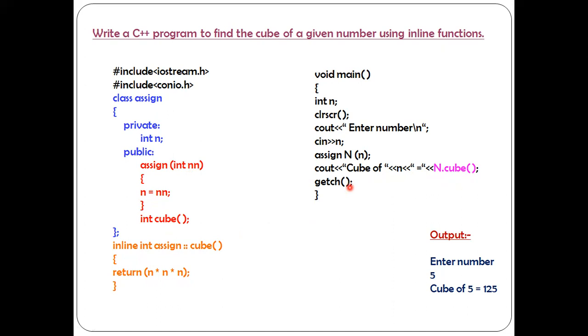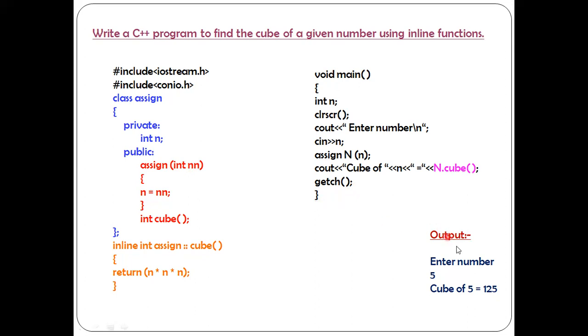After that, getch. You know the function of getch. Once you finish the whole program, you compile for errors. If there are no errors, we get the message success. Then you go for executing the program. You execute the program, it displays the message enter number, and you input 5. Once you press the enter key, you won't see your program; you will get the output there itself without coming back to the programming screen. For that purpose, we make use of the getch function. This close flower bracket indicates the end of the C++ program.